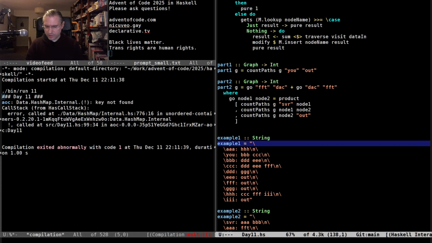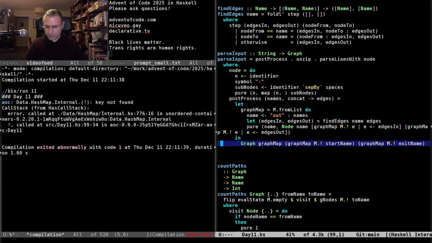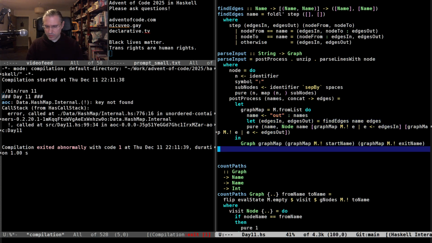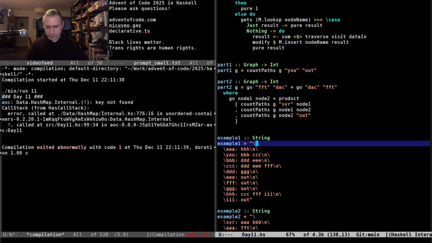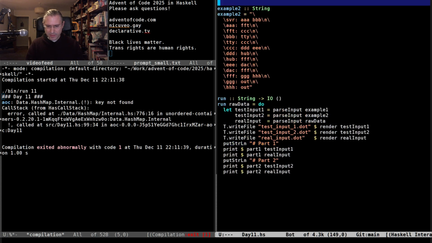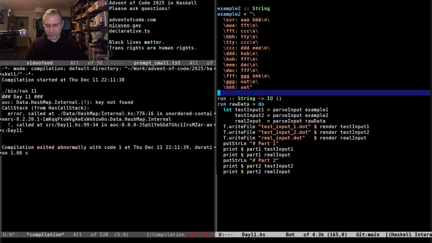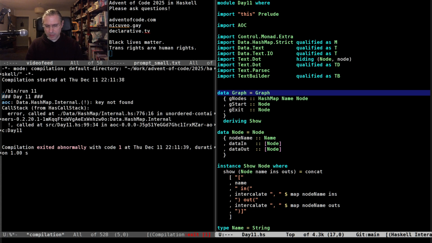That means there's no exit name in this. Is it this no start name? In this input, there is no U. So this second input fails to pass, which means I think